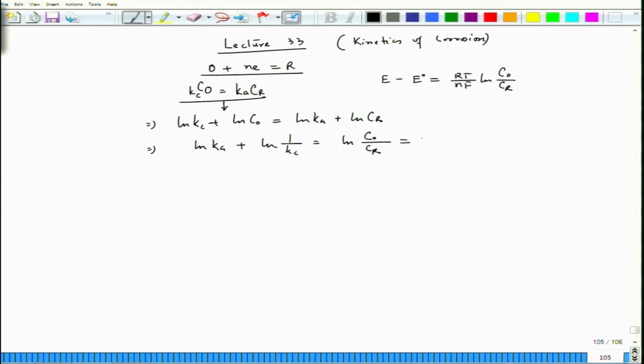Then we can write this with reference to potential, E minus E0 times nF by RT. Now, if we differentiate both sides with reference to potential E, since K_A as well as K_C both are potential dependent, then we get d